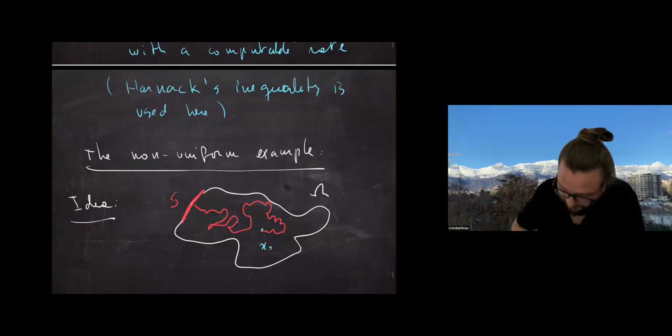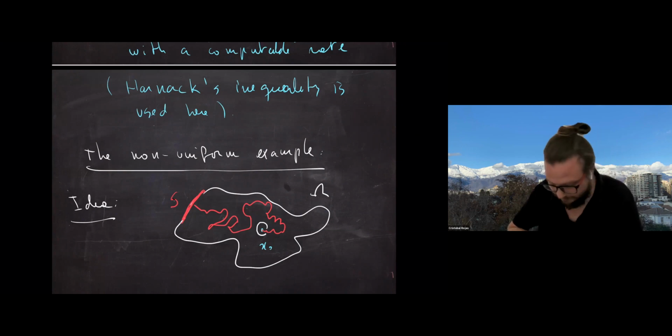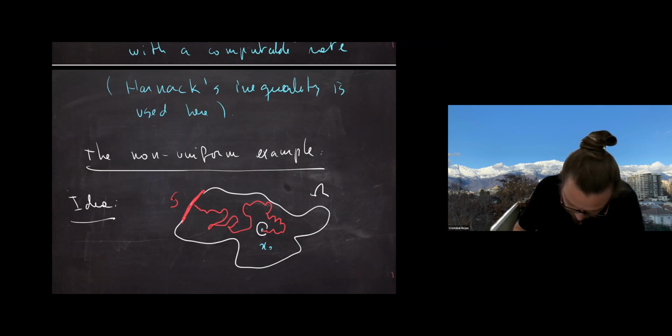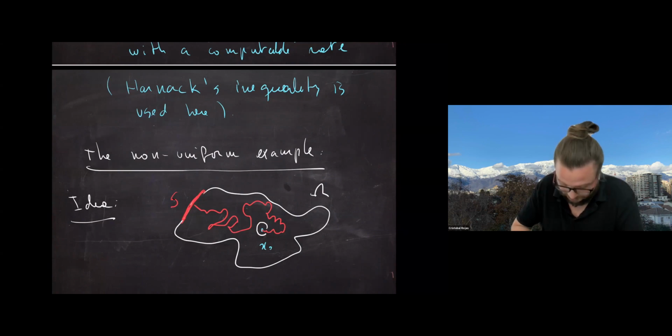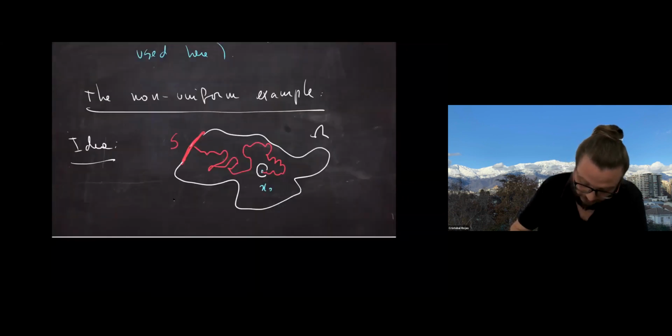Now I'm going to modify the domain and I'm going to kind of shield the S on all the parts of the boundary with it. So I'm going to remove something of the domain in order to make the Brownian motion very likely to actually hit here, right? So at the moment that I remove that from the domain, so I add that to the boundary, the probability of S will get much smaller. Now it's much harder to get to S. So, well, this is the idea. Now I'm going to build, so okay, let's do it.